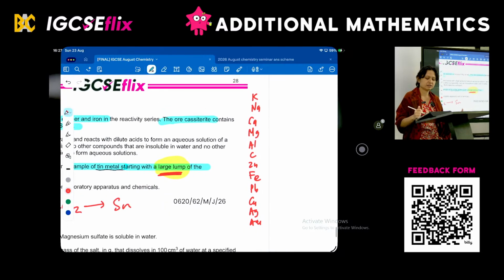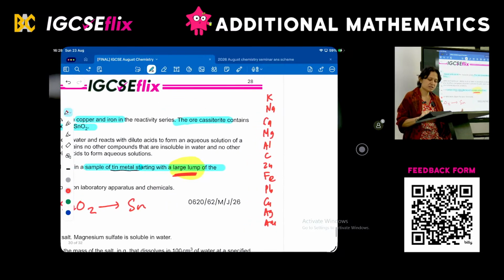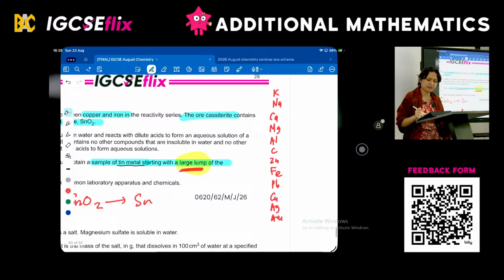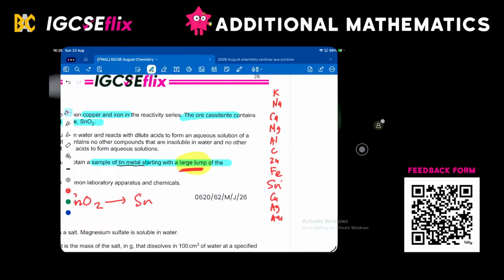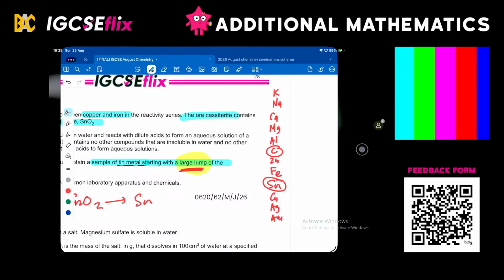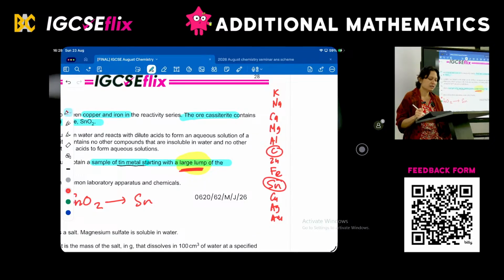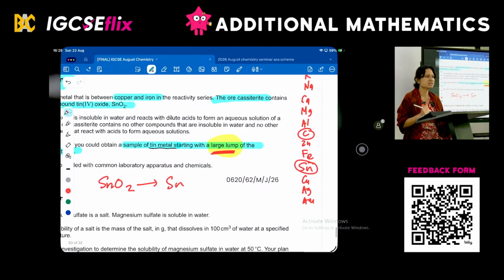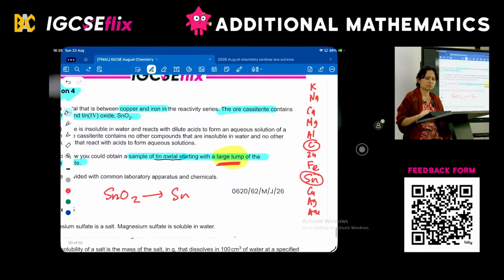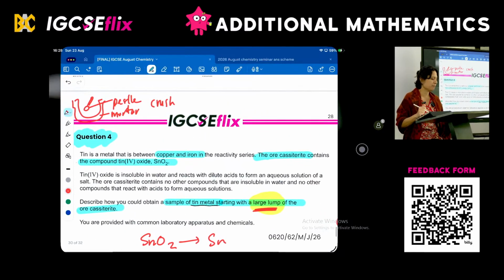The question says tin is between copper and iron, so that means it's here. So carbon is here. More or less reactive? Less. So literally all you need to do is crush, crush, crush with mortar and pestle, become powder,